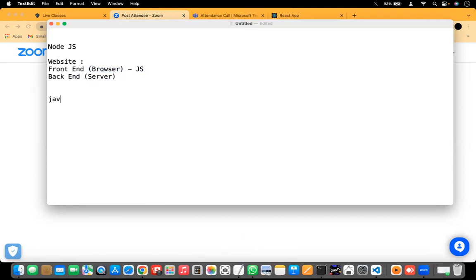Any kind of code you take, Java code or Python code, you can run that application on your laptop or a computer. You can run that application on your laptop or a computer. But when it comes to